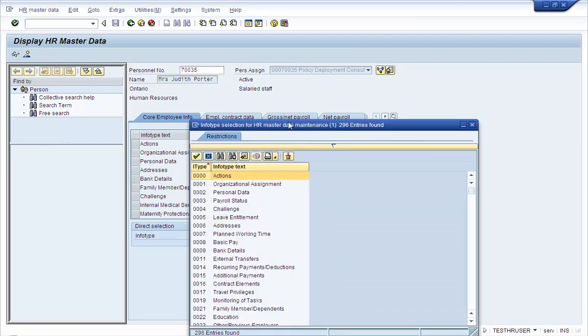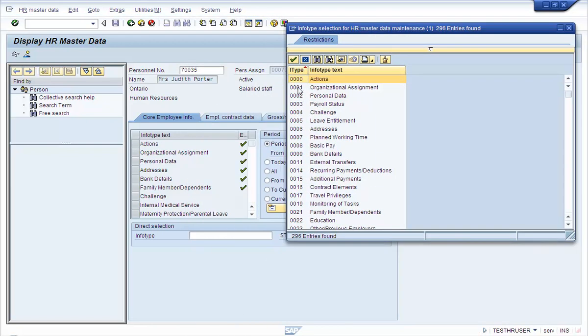So we gave access to 0000 and 0001, info type 1, info type 2. Then we have given access to addresses, which is info type 6. Then we gave access to bank details, info type 9, and info type 21.